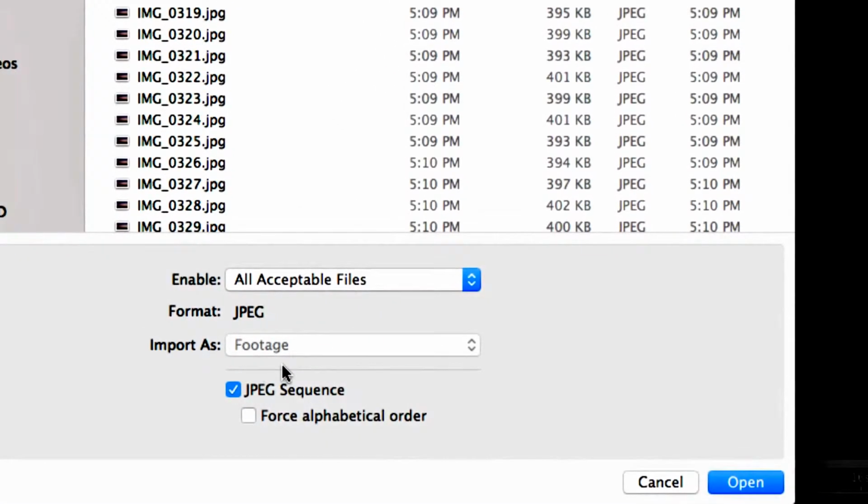Now down here, this is very important. We're importing our JPEG format. It's important that you have JPEG sequence selected. Now the nice thing is you can do this with TIFF files. You can even do this with RAW files, and the Adobe Camera Raw converter will appear before it saves a